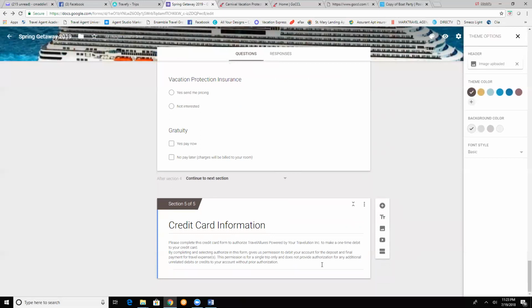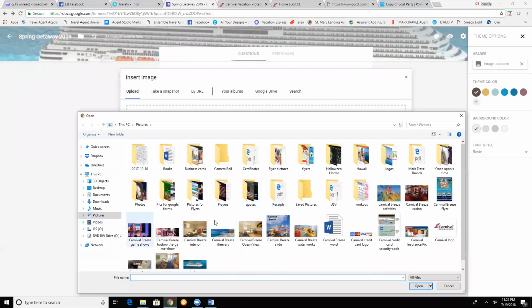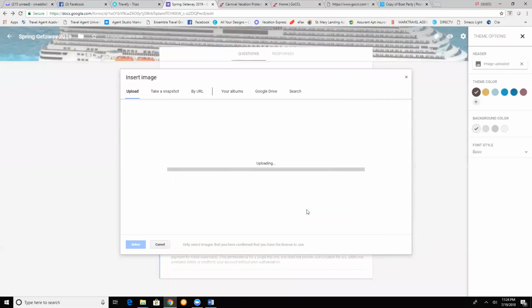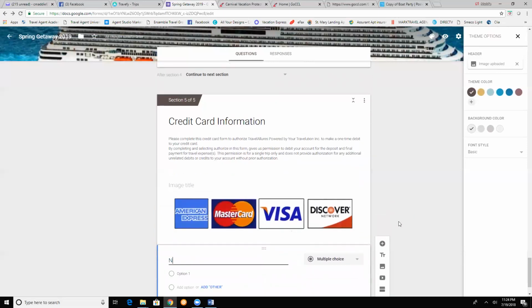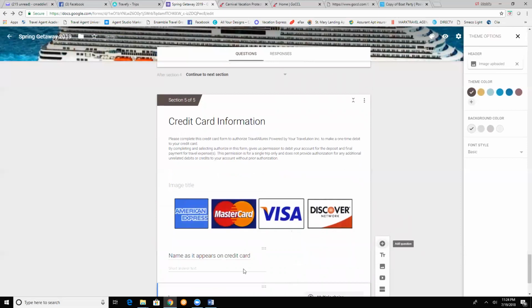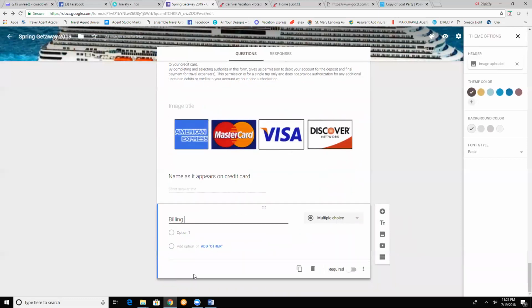So I'm here, and I'm going to click on this add image, and I'm going to put a logo. And the logo is the credit card logo. And that's just so they know what we're talking about. And there it goes. And I'm going to add a question. And my first question is, name as it appears on credit card. That's your first question. Your next question is billing address,